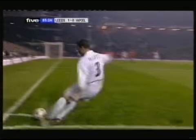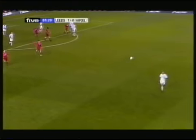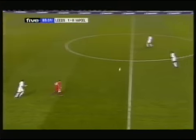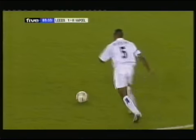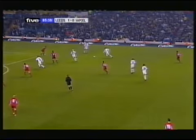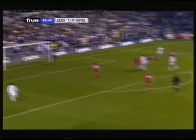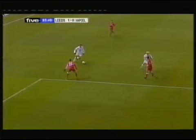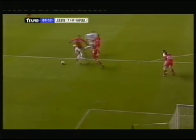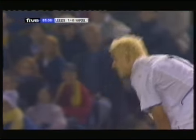Hart. And away. McPhail. And Tabby drops here to Mark Viduka. Bridges on the edge of the penalty area. Viduka looks for Smith. And a goal kick. Unlucky Alan Smith. Yeah, good play from Viduka again. It's great vision down the side of it. Although there could have been a corner, to be fair, but